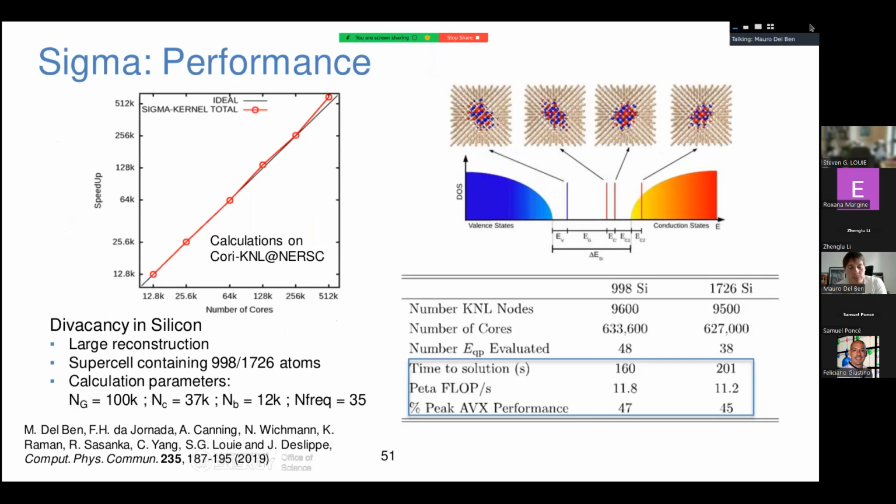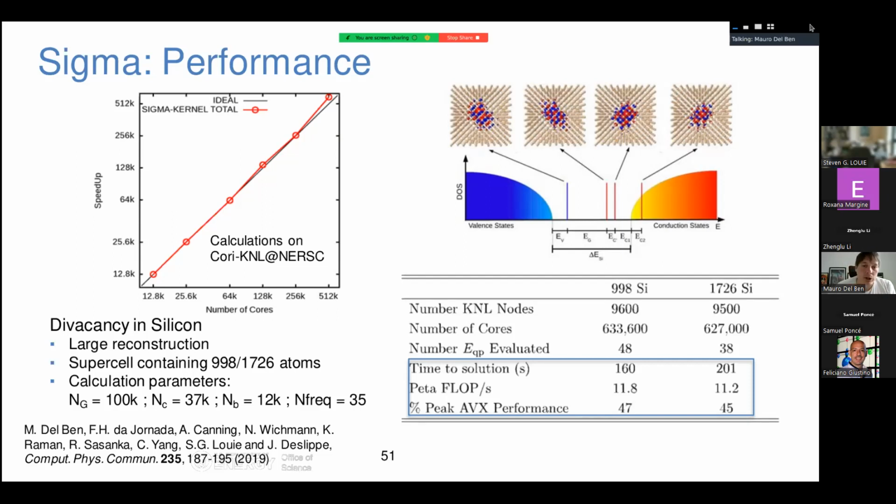All right, as I mentioned, sigma has very good parallel scalability. It was already mentioned by Stephen before. This was the work we did on the many-core architecture, the KNL partition, which was decommissioned just a few days ago. So RIP to Cori. But we have shown that we are able to scale to hundreds of thousands of CPU cores. So here is more than 500,000 for a system of more than 1,000 atoms, and also able to reach a high fraction of peak performance. In this case, on many-core architecture, close to 50%,